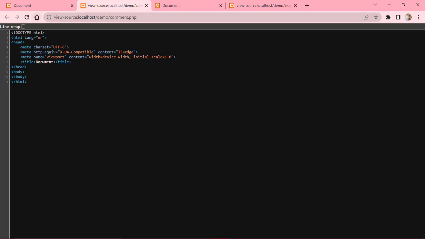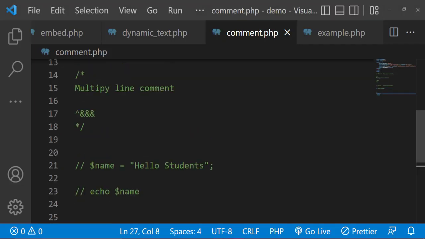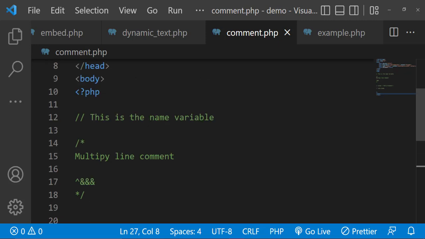So that's just it about the comments that we have. That's how to use the comment in PHP. So we have a multiple line comment and we have the single line comment, and I have obviously showed you how to use the comment in